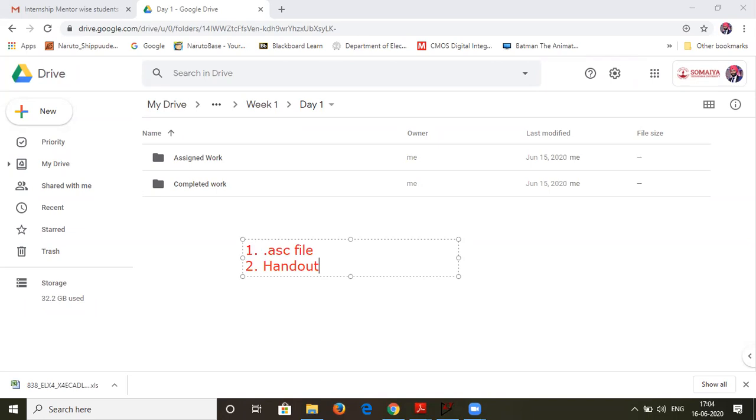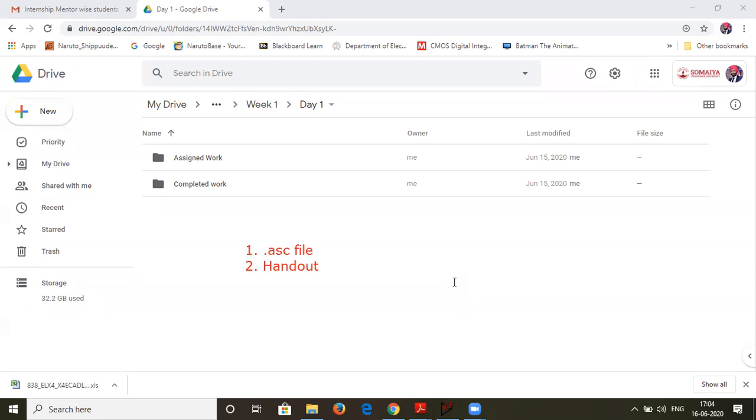So even if it is a solved or unsolved numerical, you have to solve the numerical. Just as in this case, I've just showed you one PDF. So you can refer to that numerical and see how it has been solved. You all have already completed semester 1 and 2. So you all know how to solve these DC circuits numericals using theorems. So you need to solve it, and you need to upload the images of it.